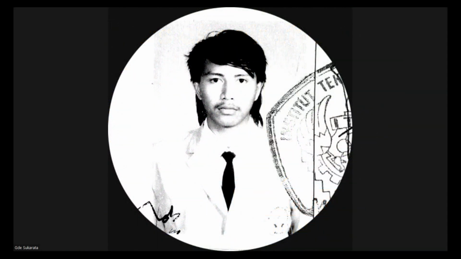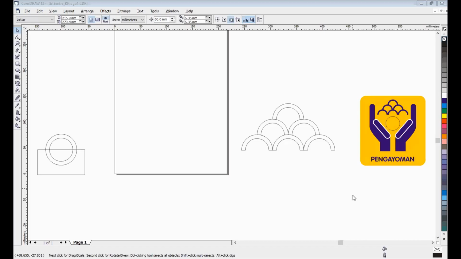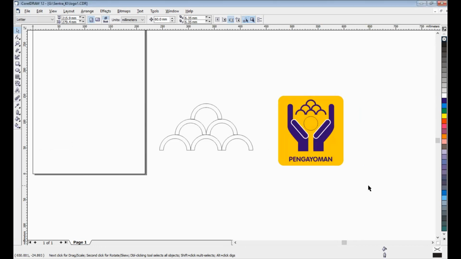Okay, let's try to learn another exercise. I have a draft logo like this, but I want to modify this with a new design.